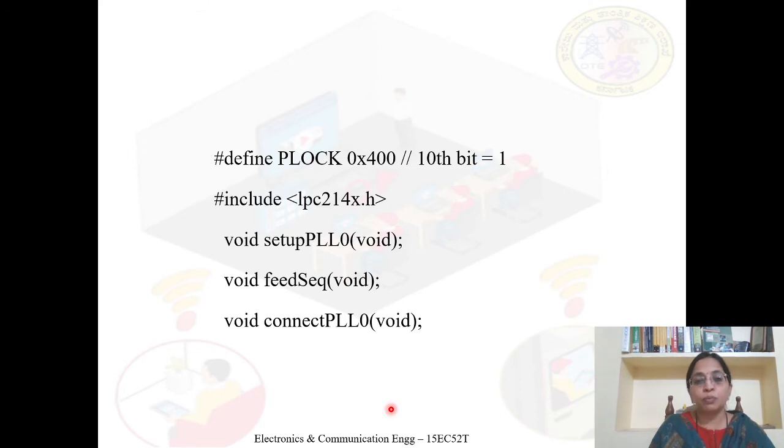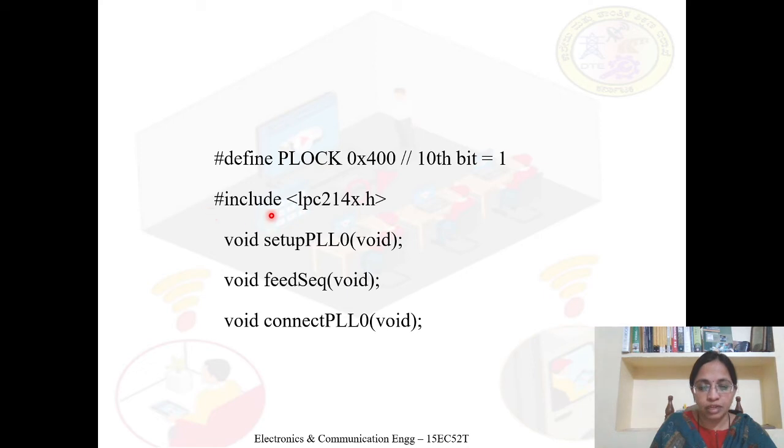Now let us go for the programming part. I will start with this line. This is a hash include header file. It says to include the header file of LPC 2148. This header file contains the definitions of all the registers associated with the LPC 2148. So this line makes the controller include all the definitions of registers associated with the LPC 2148.